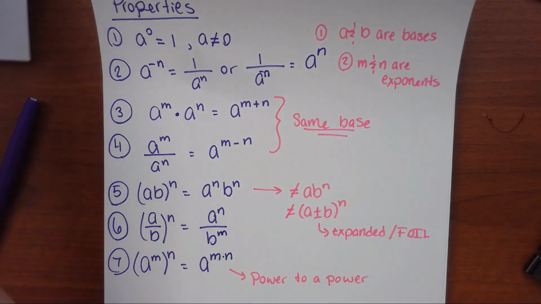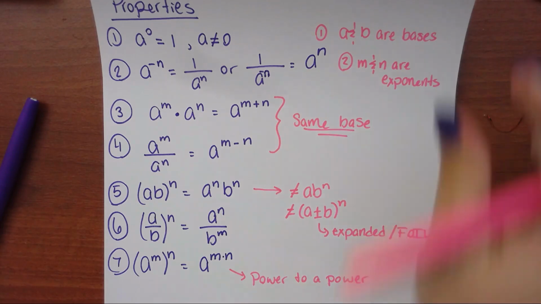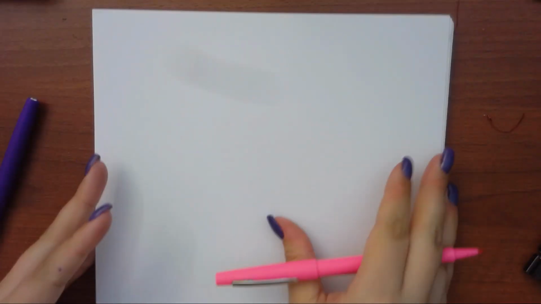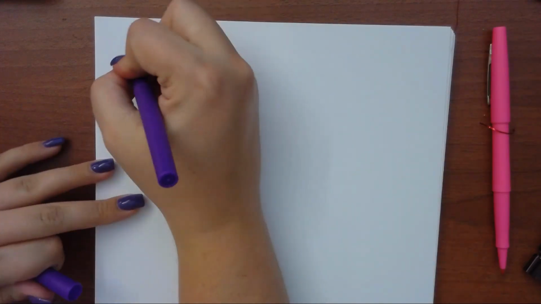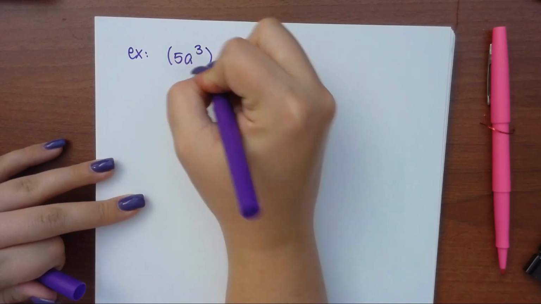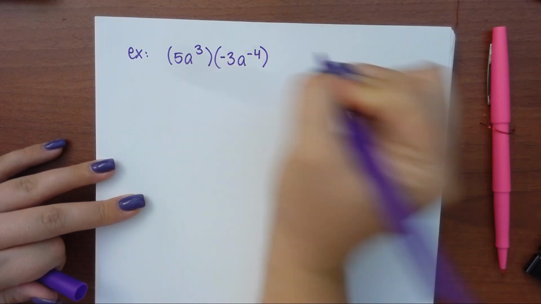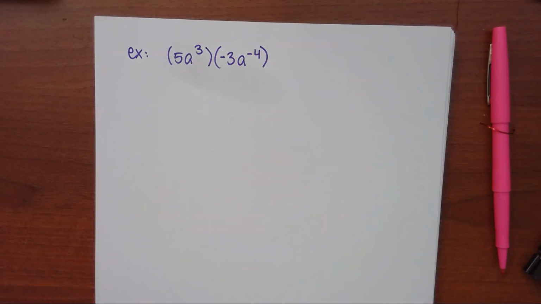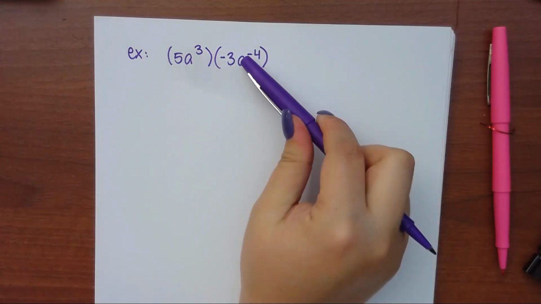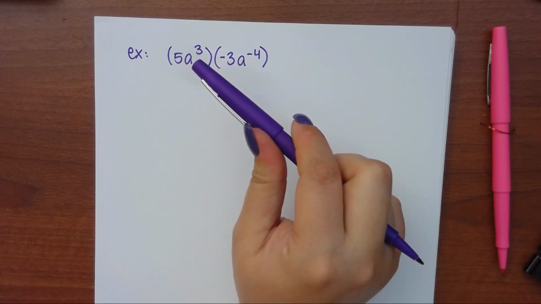Okay, so what we're going to do is a couple of examples of this. Let's go to our first example. Go to the next page. For example, let's say I have 5a to the 3rd power times negative 3a to the negative 5th power. Now, you're going to do this in stages. I have the same base here for both of these. So what I'm going to do is I'm going to very quickly multiply. We can multiply them together and add our exponents,